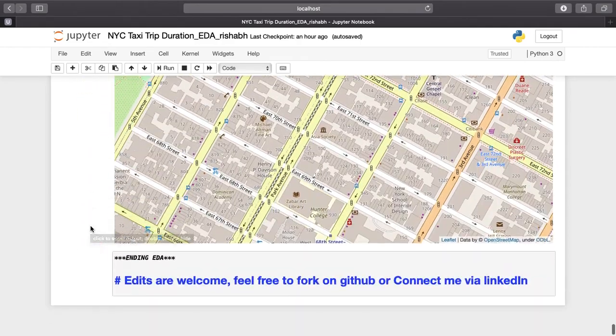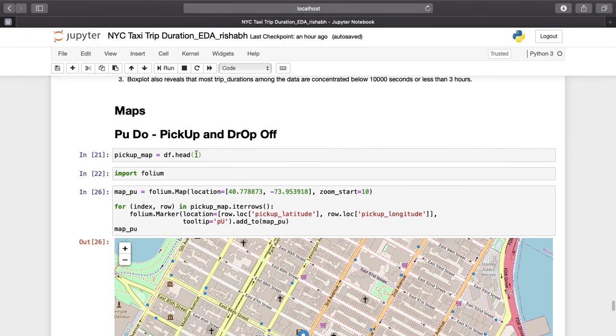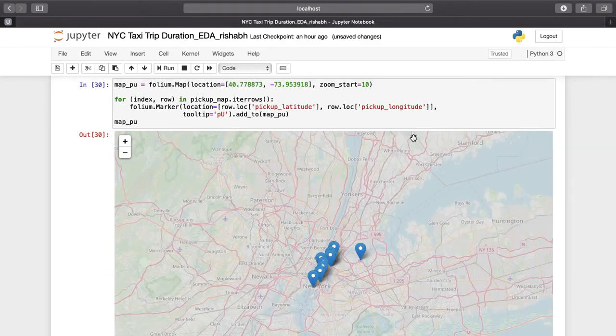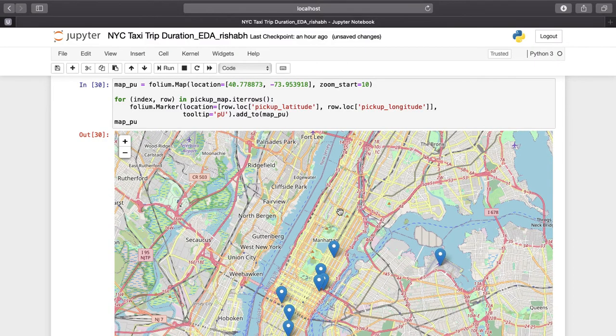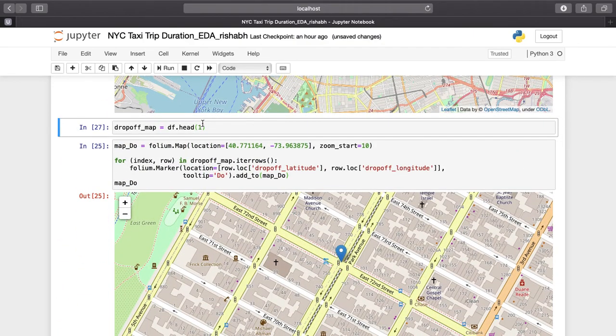Now the good thing about it is it can easily be visualized. I can even visualize the minimum top 10 data points here altogether. So this is my top 10 data, and this is pickup data. I can also visualize the drop off data.